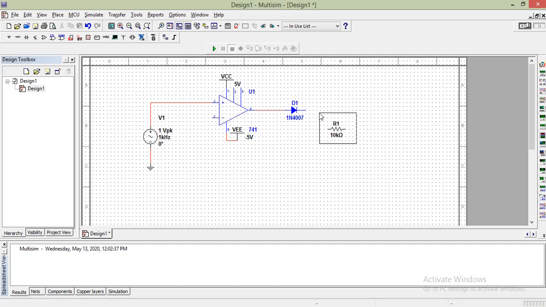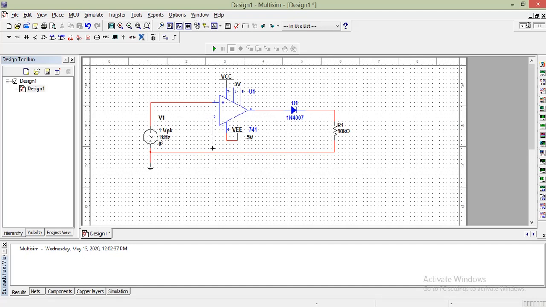Select this by left clicking, then right click and rotate. Now we'll make the connection. Take the cursor near the diode and the resistor and make the connection. Then we have to ground this part, and now we have grounded.